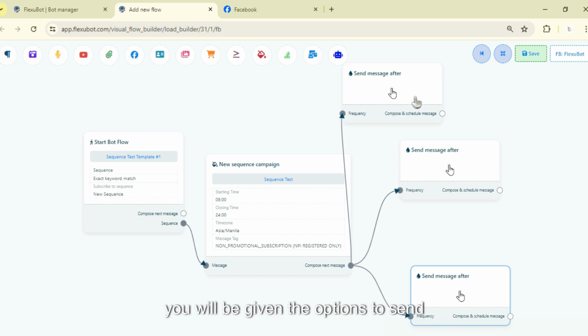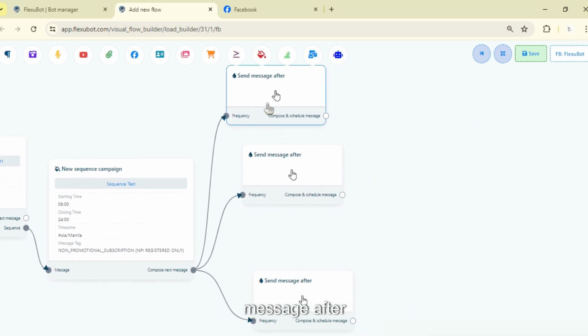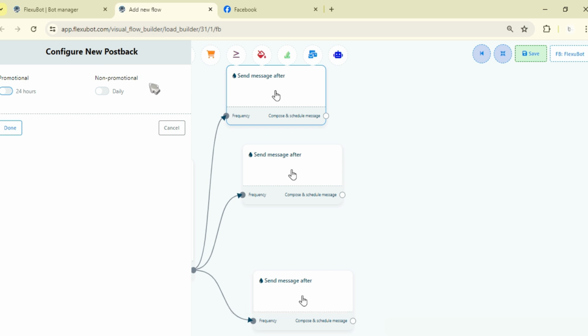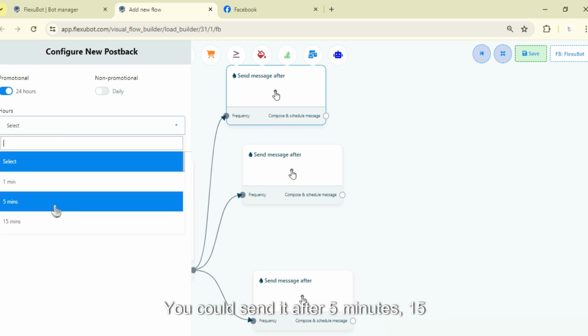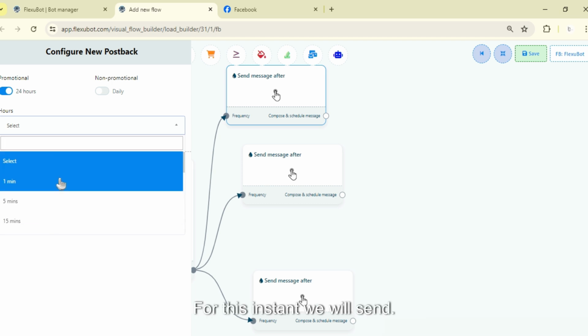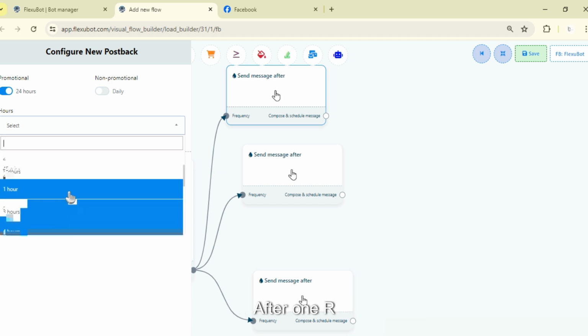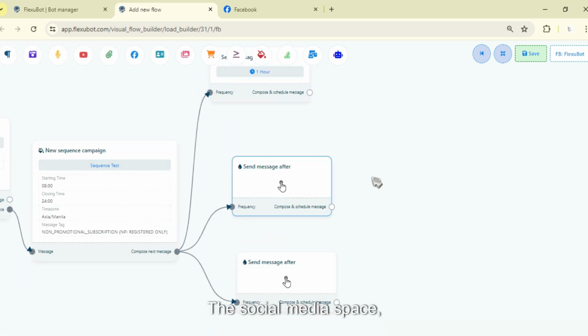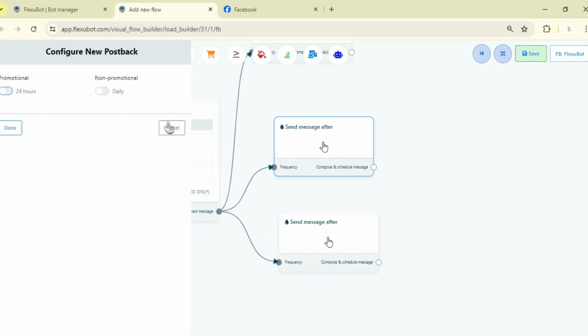After that, you'll be given the options to send message after. Okay, as you can see in the configure new post back, you'll be given two options, the promotional and non-promotional. The non-promotional is a promotional sent in the 3 days within the span of 30 days. The promotional is within the span of 1 day or 24 hours. You could send it after 5 minutes, 15 minutes. For this instance, we will send after 1 hour, so that we will respect their peace in their social media space. Let's send this one,